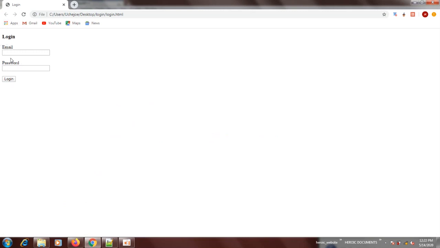Alright, so see, we've been able to get all the HTML markup ready. You have the login heading, then you have the email and the email control. That is where you type in your email. Then this one is the label. Then we have the password label and then password control where you type in the password. Then we have the button. That's beautiful, isn't it? So that is how to start. We are just through with HTML. Okay, thank you so much.